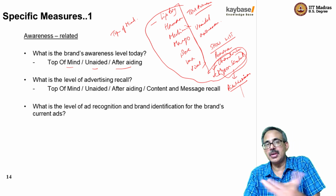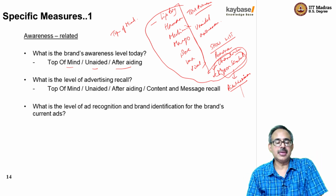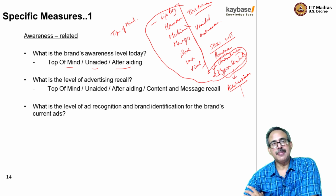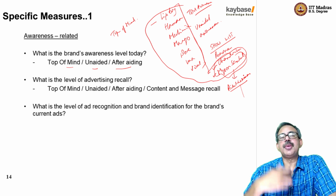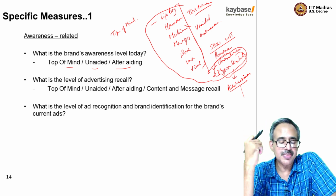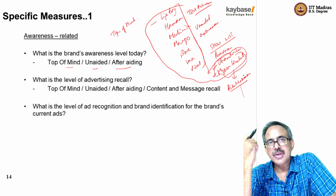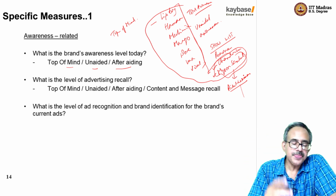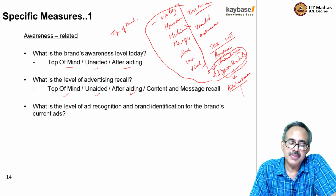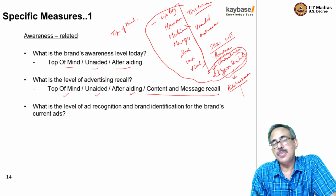After aiding with the list, right? That's what's called aided awareness. This is okay. So the question is, which brands of soaps are you aware of? The question is as simple as that. The next question would be, for which brand of soaps have you seen advertising recently? So again, we have top of mind, we have unaided, we have after aiding,